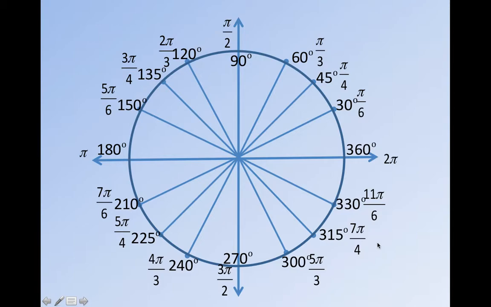4 times 2 is 8, minus 1 is 7. 6 times 2 is 12, minus 1 is 11. And if you can remember those three patterns, in quadrant 1, the numerator is just pi. In quadrant 2, it's pi plus a number that is 1 less than the denominator. In quadrant 3, it's pi and a number that is 1 more than the denominator. And in the fourth quadrant, it's pi and a number that is twice the denominator minus 1. Then you should have all of your